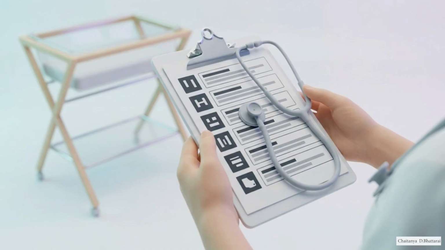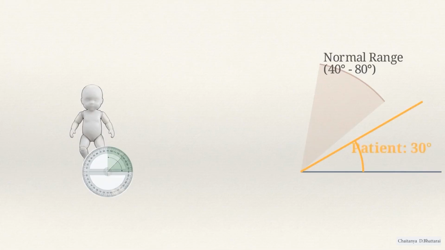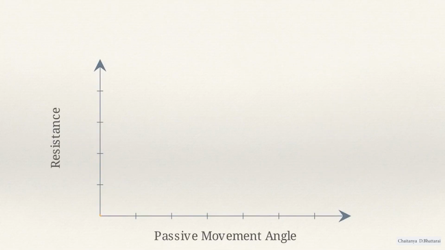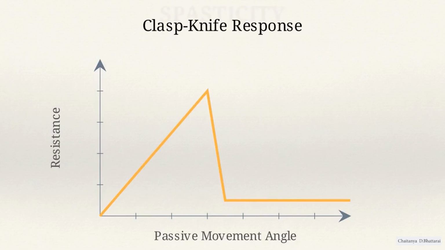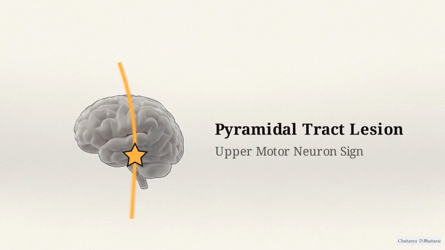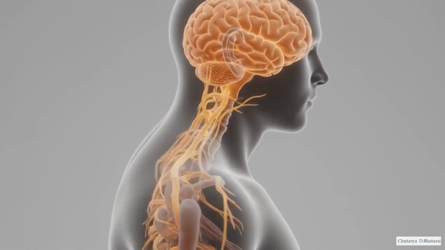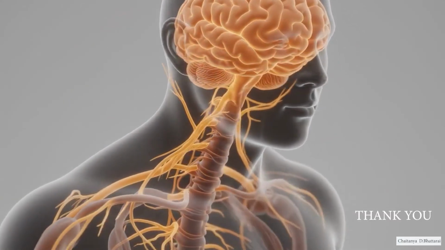We can see how these deductions function in practice by evaluating a specific clinical scenario. Consider an infant presenting with an adductor angle of 30 degrees and distinct clasp knife resistance during passive joint manipulation. Because 30 degrees is narrower than the standard 40 to 80 degree range, we have physical proof of hypertonia. The speed-dependent clasp knife sensation further identifies the specific presence of spasticity. Combining this quantitative and tactile evidence locates the lesion within the pyramidal tract. This systematic progression through the motor exam maps physical findings directly to the intricate internal wiring of the human